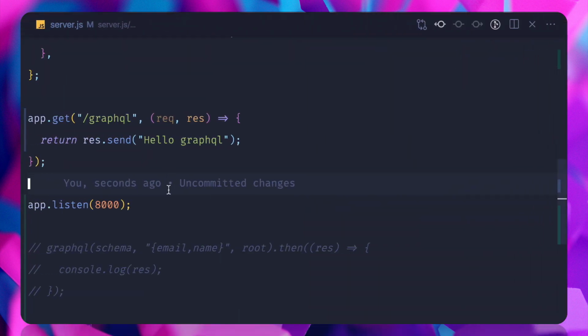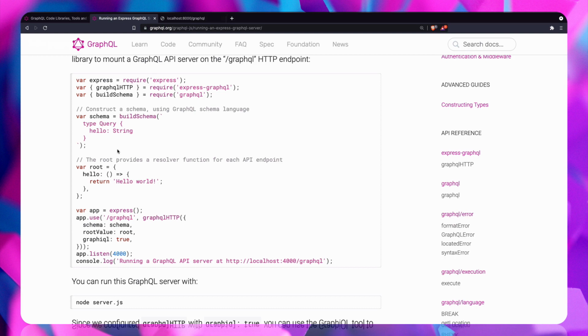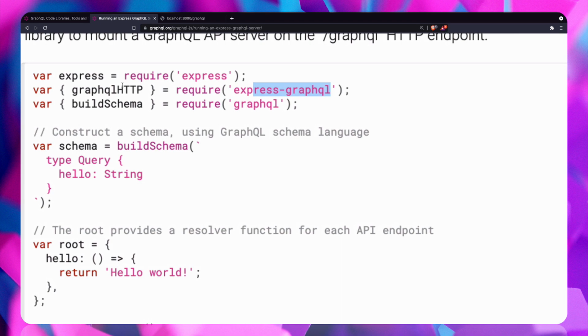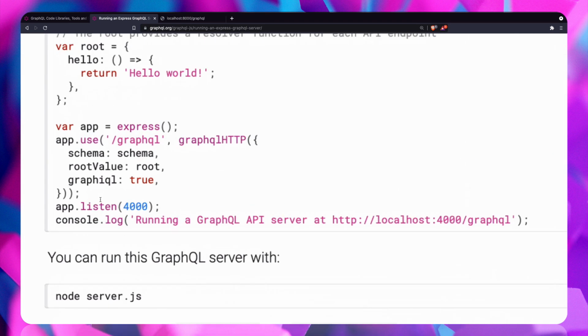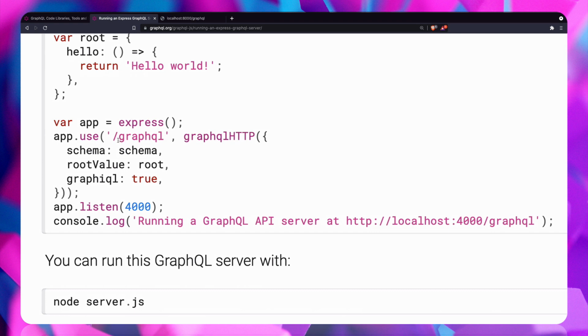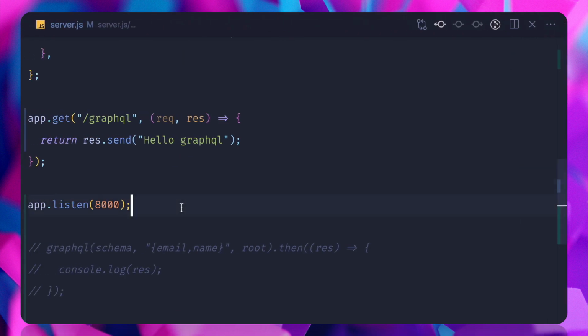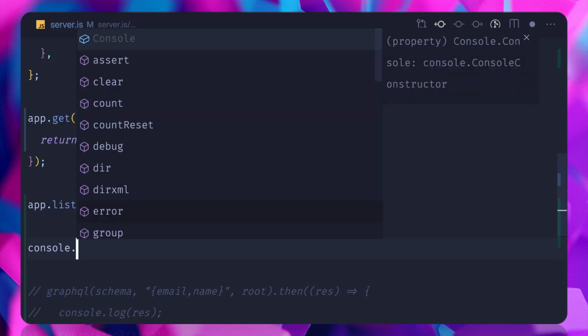We actually want to use the Express GraphQL, and for that we need to import the GraphQL HTTP and use it as a middleware for /graphql. Once you do this, everything will be set up. You just need to pass the schema, the root value, and if you want the GraphQL interface, then make sure it is true. Okay, so let's first say console.log